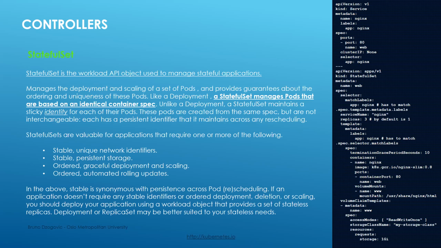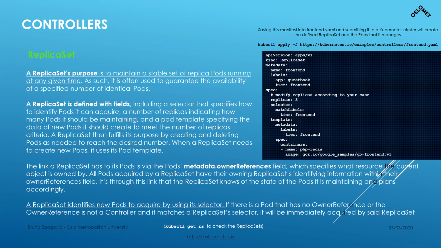So unfortunately, we have to go through all of this before we jump into the practical part. And on the side, you have examples. So later we will talk about replica sets. This will define how many replicas of pods you will have running at a given time. Usually you want 3 replicas at least, or 4, to have some sort of high availability, and most likely this to be deployed through different nodes.